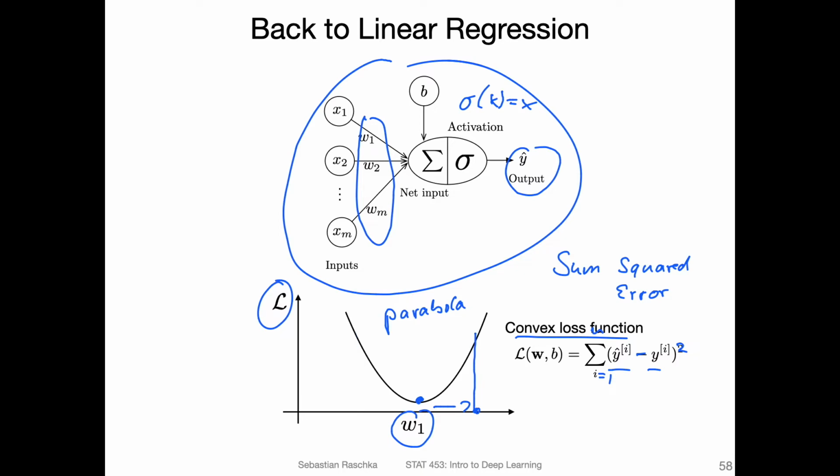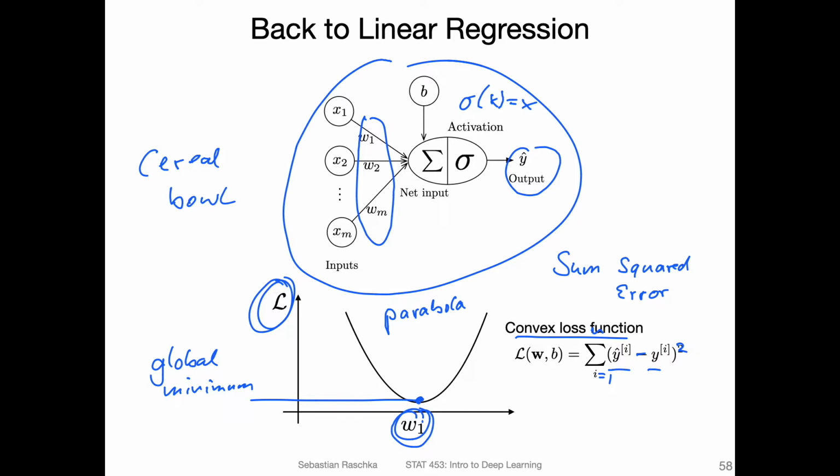So there is a so-called global minimum that we want to find. So we want to find this global minimum for the weights so that our prediction error or loss will be minimized. We will do that for, of course, all the weights. So if you think of this in 3 dimensions, if we have W1 and the second weight, this would be like a bowl, like a cereal bowl or something like that, where you want to reach the bottom of the cereal bowl. But it's easier to think of it as 1 dimension.